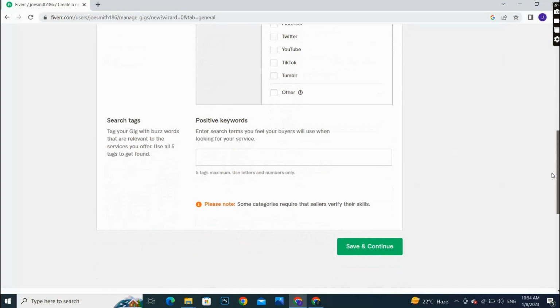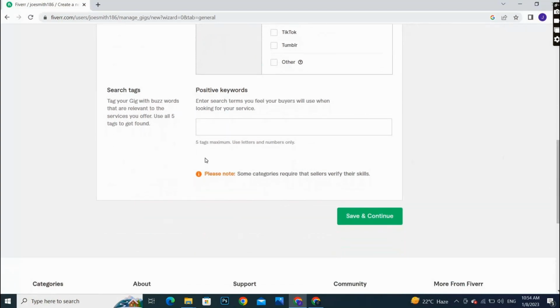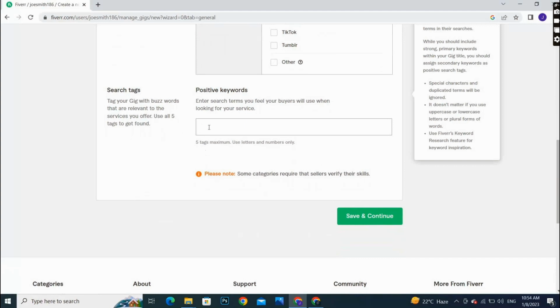I will select these two options, and this area is the most important area where you will select your positive keywords to help people find you or search you on Fiverr. So be careful and add catchy and positive keywords to reach people to your Fiverr account. So with these keywords you can get orders on Fiverr. So I will write here